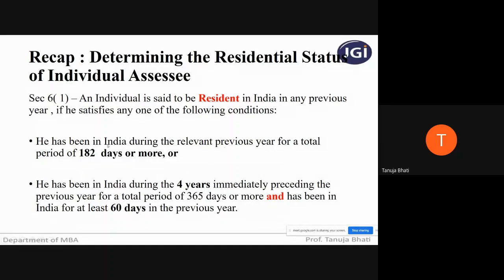Andy has been in India during the relevant previous year for a period of 182 days or more. Now you tell me, in 18-19, his stay in India is only for 70 days. Now, how to, like in exam, you can plot it in the form of a table, either vertically or horizontally. So just look at the solution table part. So here I have shown it horizontally, and in succeeding problems I have shown it vertically. It is all left to you how you want to present it.